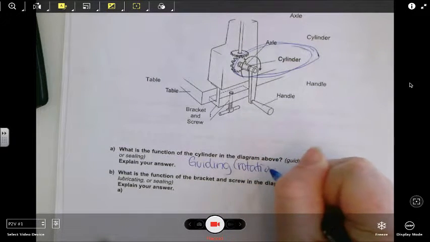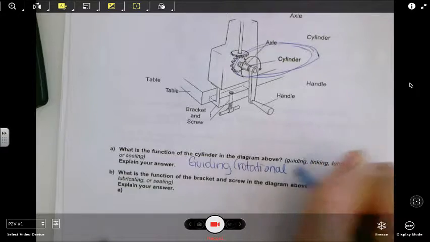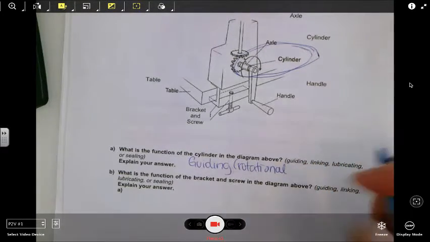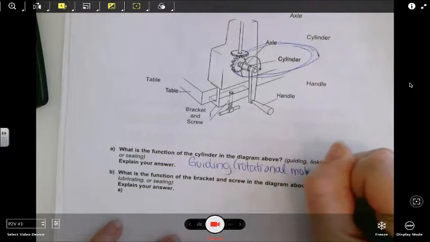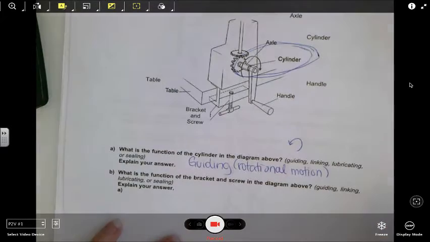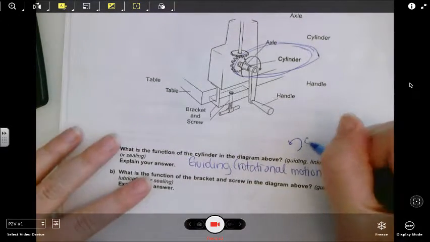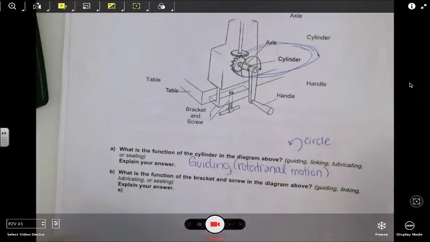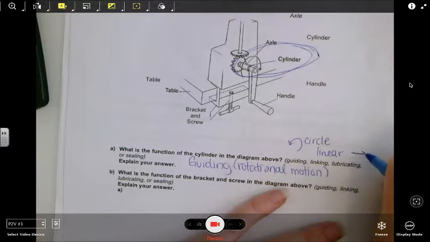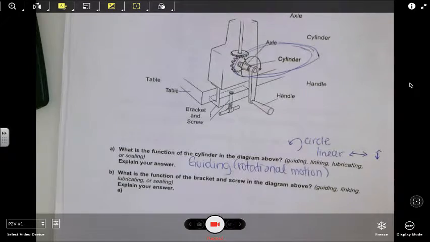Okay, so rotational motion, and I noticed that that's actually one of the questions that somebody had from the checklist, is what rotational motion is. So rotational motion is something that's spinning, like turning like this. Something you're rotating, so this would be a circle. We also have linear motion, which is something that moves either from side to side or up and down, okay? That can also be called translational.